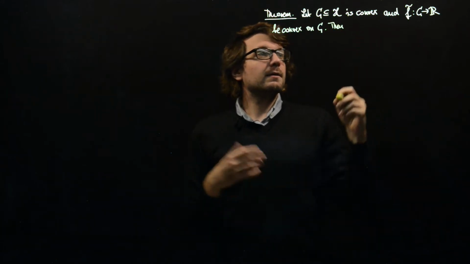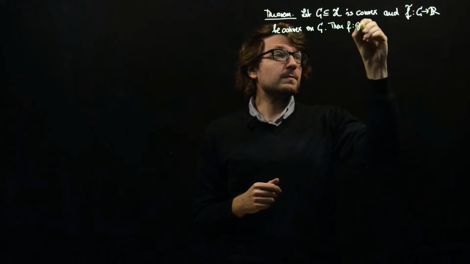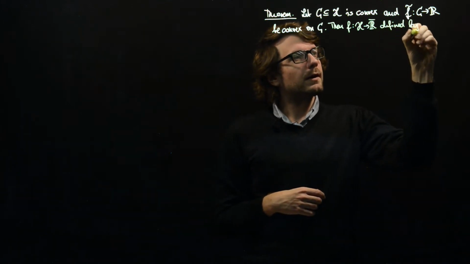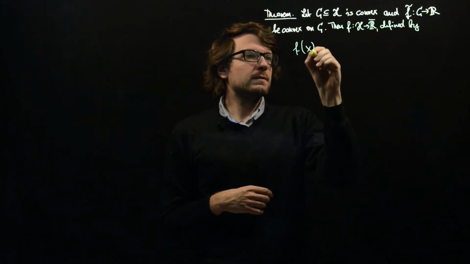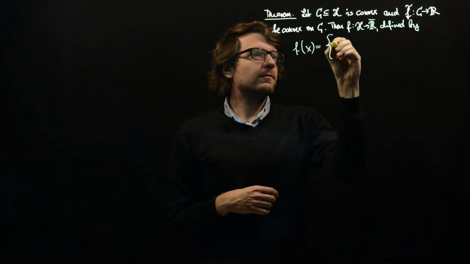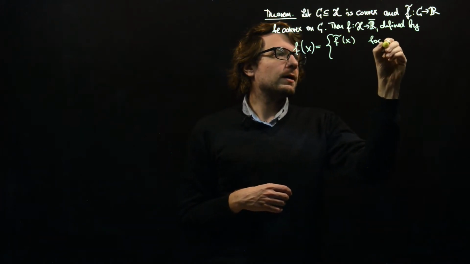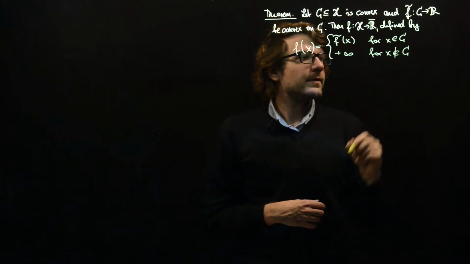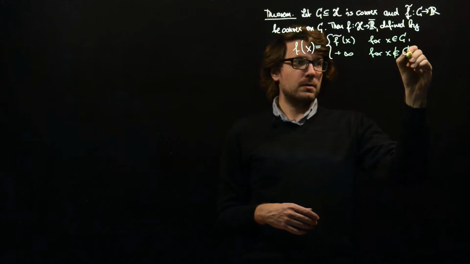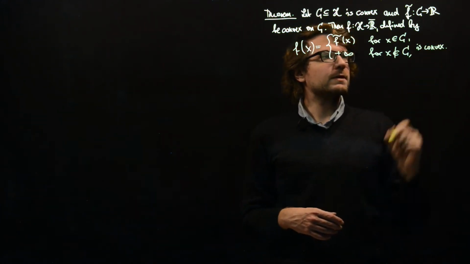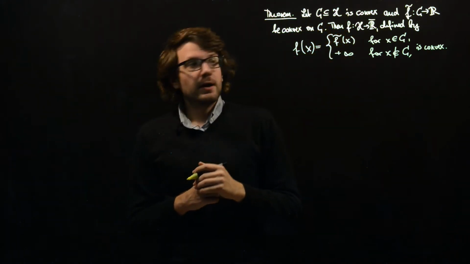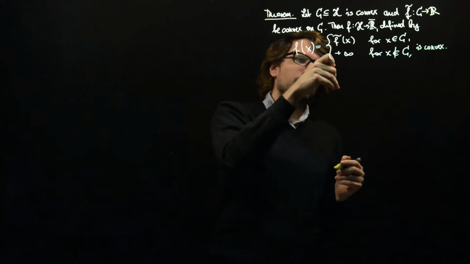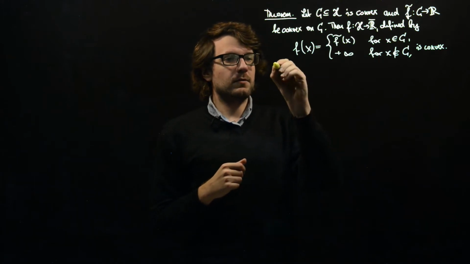But then we can define a new function. So we can define f defined on the whole space with extended real values. And this is defined by taking f tilde of x whenever this is defined, so for x in C, and plus infinity otherwise, for x which are not in C, is a convex function in the sense we had defined in the last video. Okay, so whenever we have something which is defined on a convex subset and is convex there, then we can extend the definition to the whole space by taking plus infinity for the other values. And conversely,